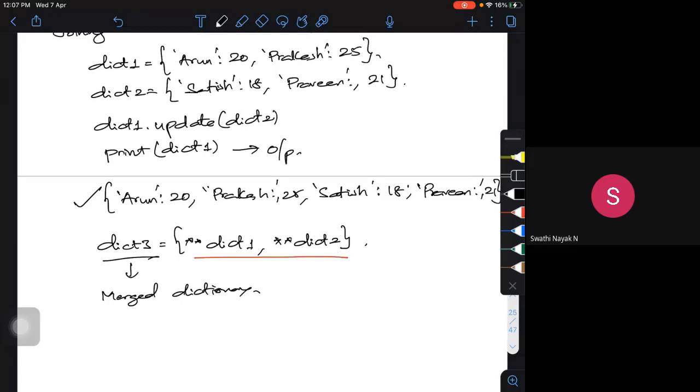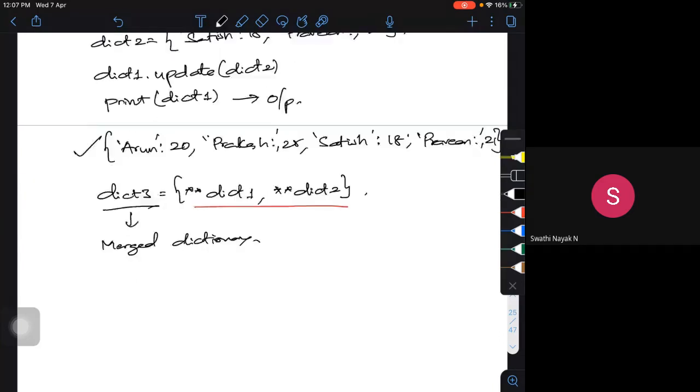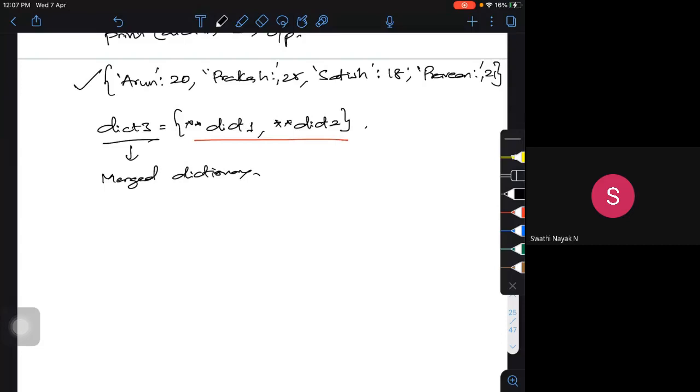Now sometimes we have to copy a dictionary. As I told, I want to copy a particular dictionary here. I can use dot copy. So dict2 is equal to dict1.copy(), a copy of dict1. So sometimes we have to copy a dictionary. Say I have a dictionary, some dict4, that I have created.